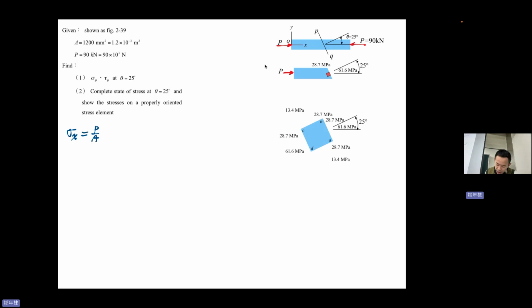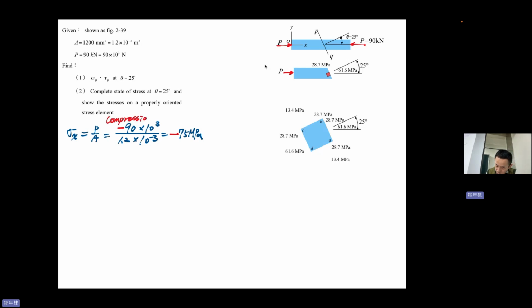P divided by A, and this is really important now. 90 times 10 to the 3 divided by the area 1.2 times 10 to the minus 3 equal to 75 MPa. And there's a very important thing, that it is negative because this is